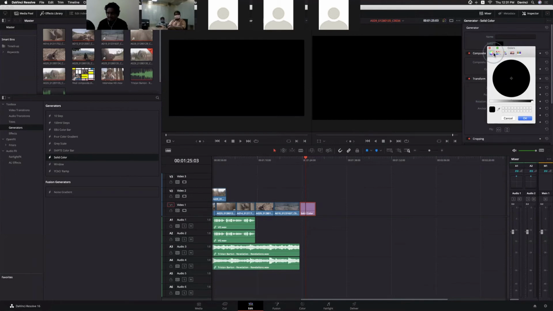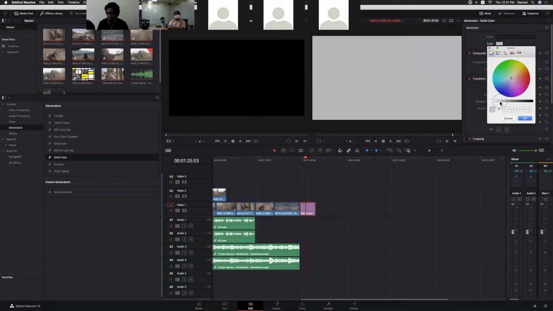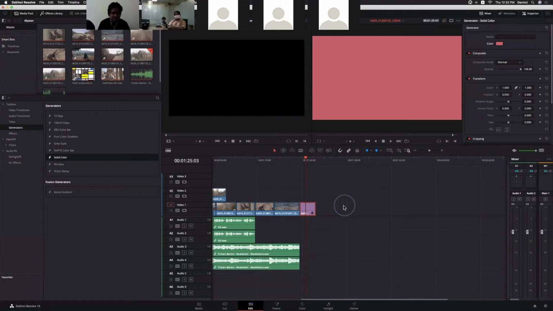Okay. Now we are able to change the color of that particular generator. Maybe I want it to be a solid. We use solids and everything, right? The solid color, and the cropping and everything is the same as the inspector window options of any other media. And of course, if you are using this for every project, we have seen that we can create a power bin, so that we can use whatever content is added to that power bin throughout any of the projects, right?